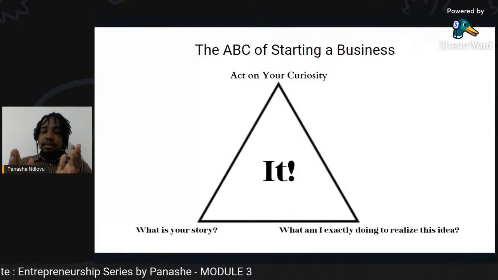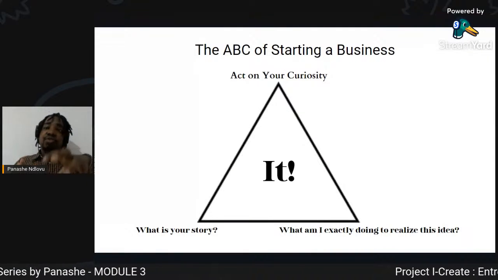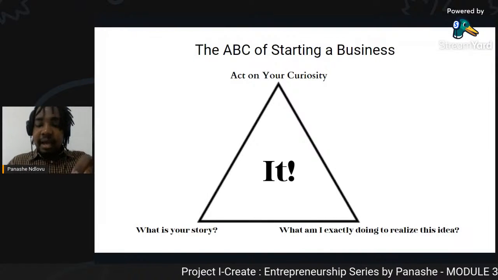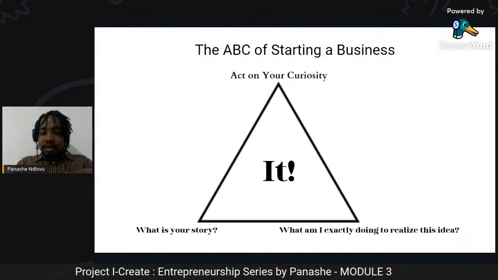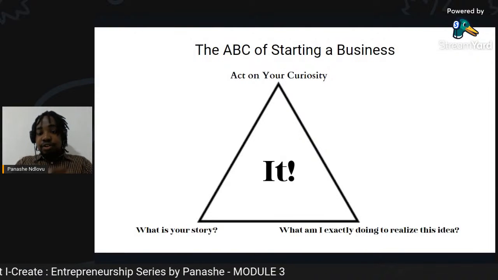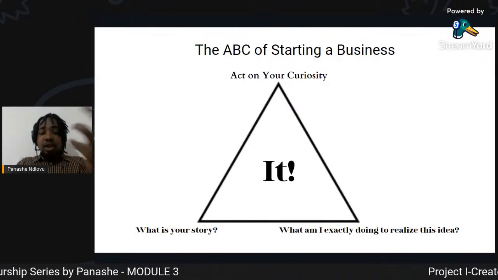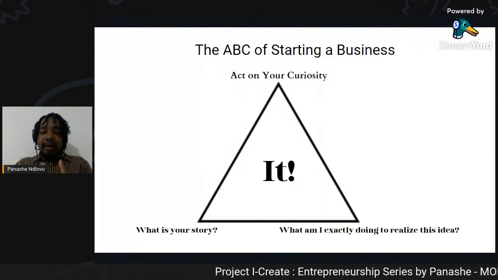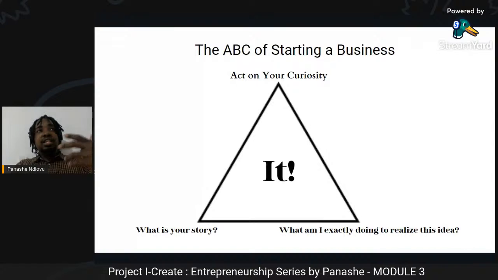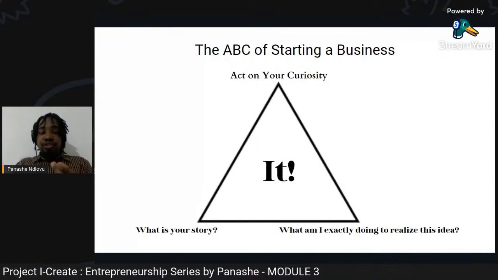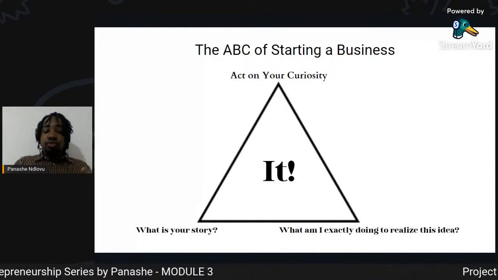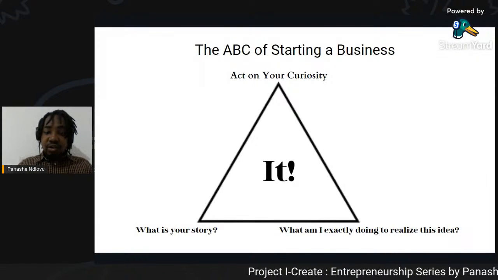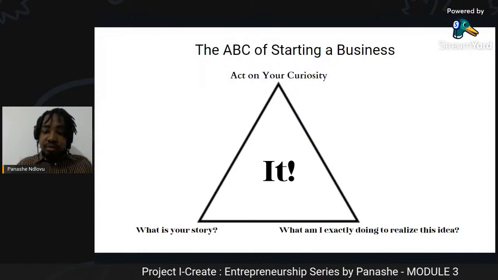right? If you pursue profit and you fail to get profit in the first few months or years of your business thriving, then it's probably going to die because you have failed to achieve the goal that you had set out to. But when you use that business idea as an opportunity to unleash your passion, to unleash your curiosity, right? You are going to realize that it's going to grow and you're going to unleash your potential, and the profit is going to come along the way as a reward for all the hard work that you would have done.